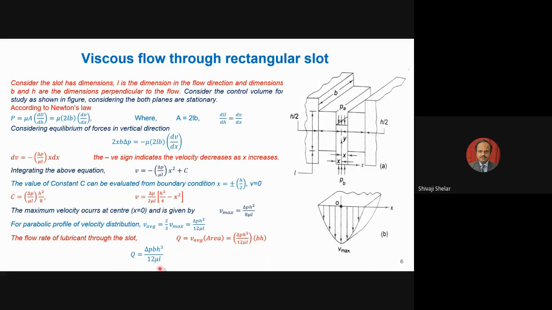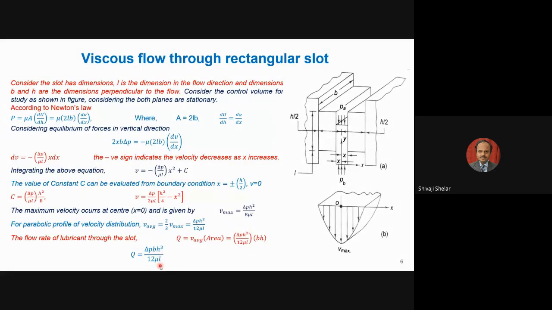This relation is very, very important when you are designing a hydrostatic bearing. You need to know the Q value for the hydrostatic flow to maintain that load, and that formula for Q can be determined by this relation. For some bearings, like the step bearing, we may use a special formula. But normally for pad type bearings we use this formula, and in that we determine the delta P across that pad, the B value for that pad, and the clearance between the pad and the supporting element, that is H.